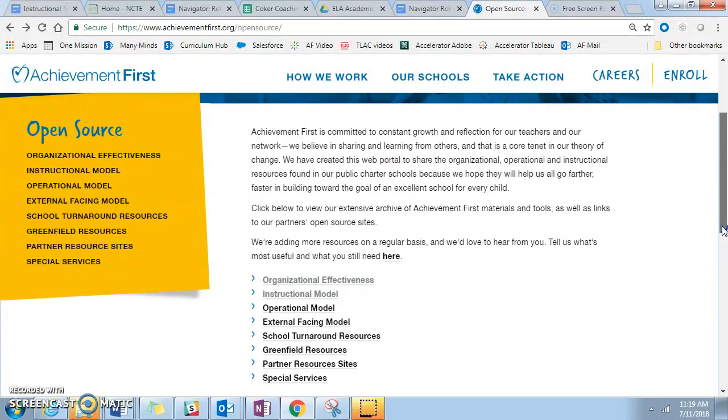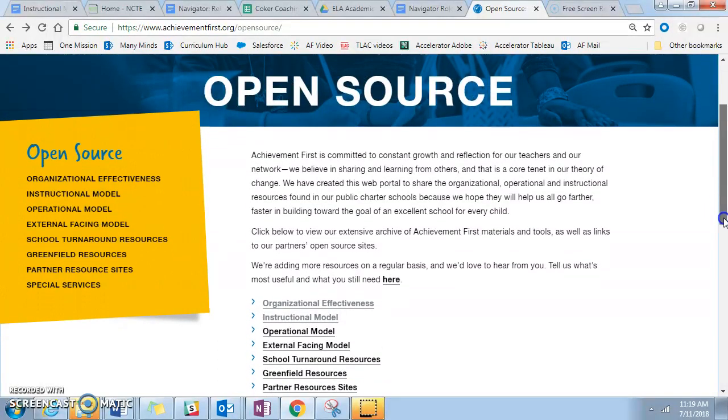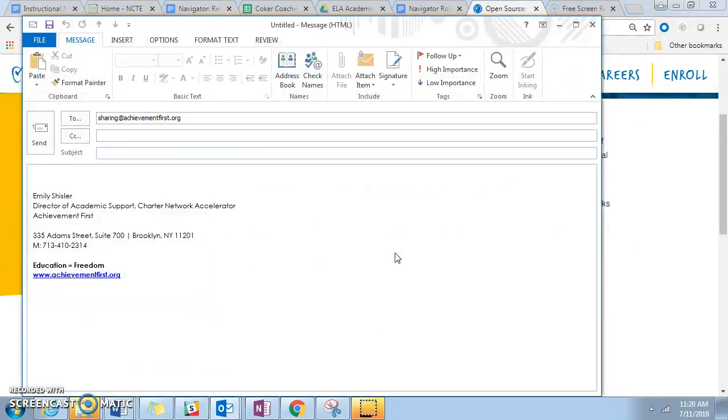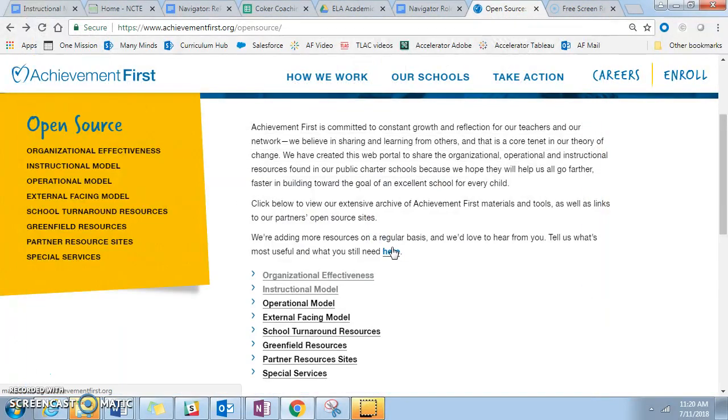So by now you should have created a login for yourself so that you can join me here in this open source site. Let me give you a quick overview of what is here in terms of materials. We'll go a little deeper into the instructional model in the second half of this video. One quick note is that we do have an email address for you to send us information about. If there's something that's not working on the site, if you have a major question, you can go ahead and email the address that's listed right here on the opening page.